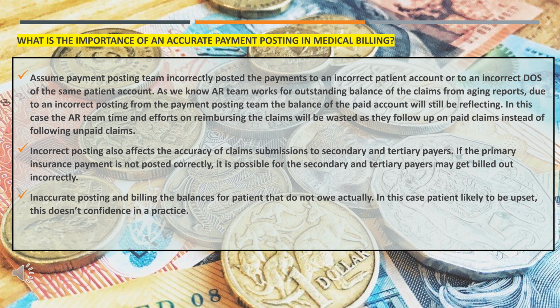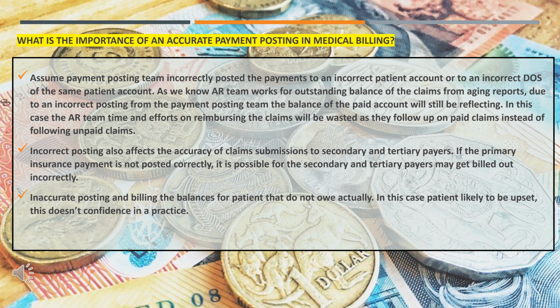Next is the importance of accurate payment posting in medical billing. Assume the payment posting team incorrectly posted the payments to an incorrect patient account or to an incorrect DOS of the same patient account. As we know, the AR team works on the outstanding balance of the claims from aging reports. Due to an incorrect posting from the payment posting team, the balance of the paid account will still be reflecting. In this case, the AR team's time and efforts on reimbursing the claims will be wasted, as they follow up on paid claims instead